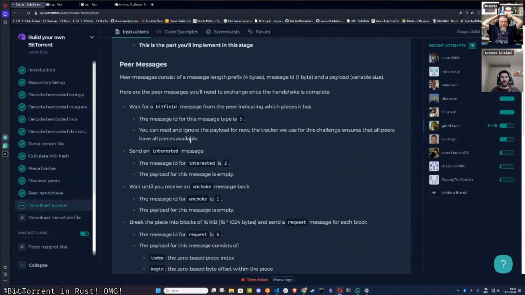Here are the peer messages that you need to exchange once the handshake is complete. Wait for a bitfield message from the peer indicating which pieces it has. The message ID of this message type is 5. You can read and ignore the payload for now. The tracker we use for this challenge ensures that all peers have all the pieces. Okay. Send an interested message. The message ID for interested is 2. The payload for this message is empty. Wait until you receive an unchoke message back. The message ID for unchoke is 1. So here probably we have to do the enumeration with 1, 2, 3, and so on, mapping to these